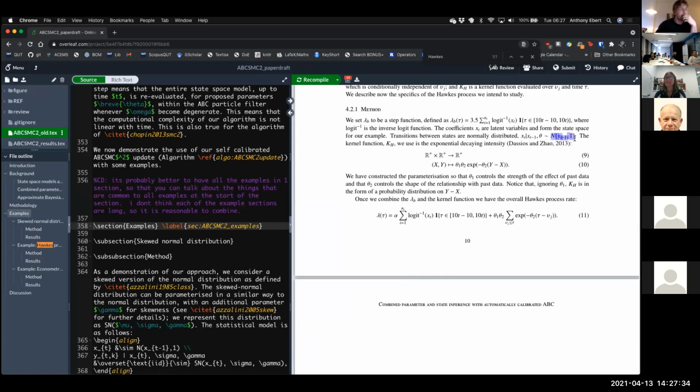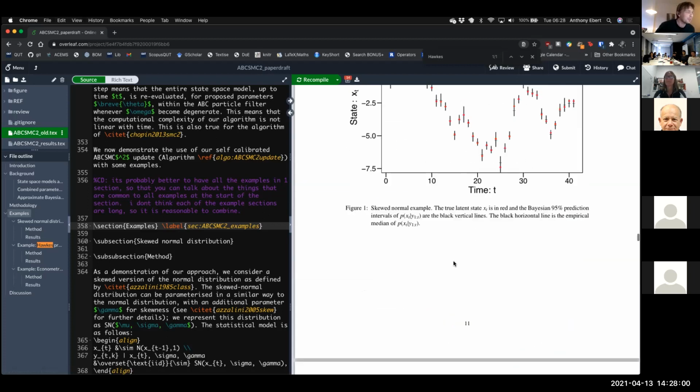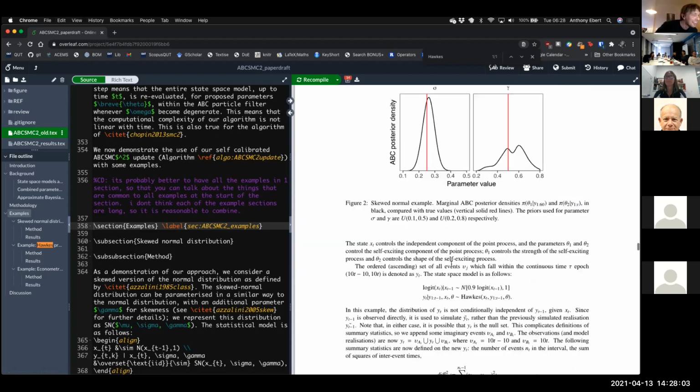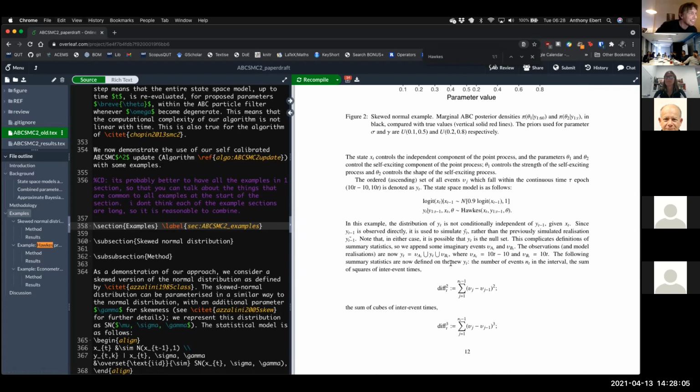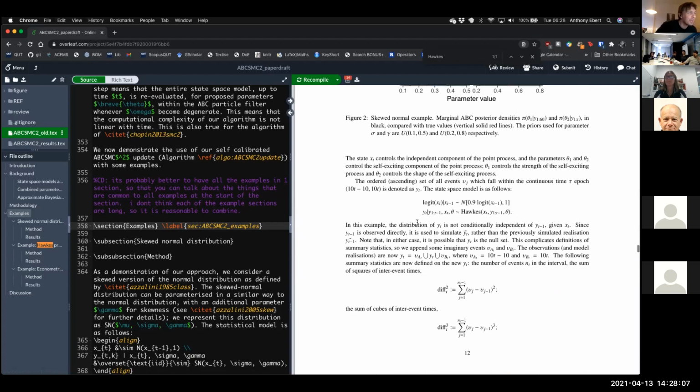And then this is the Poisson process here, and it depends on this state, right? Sorry, I didn't realize people would be so interested in it. Okay, and we have a set of